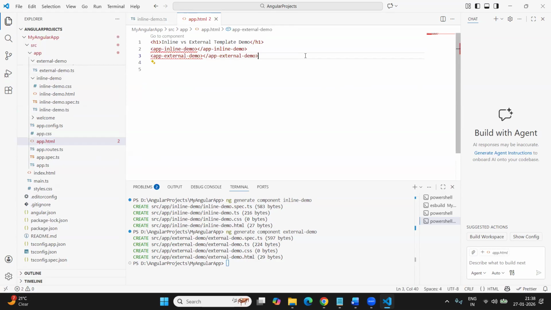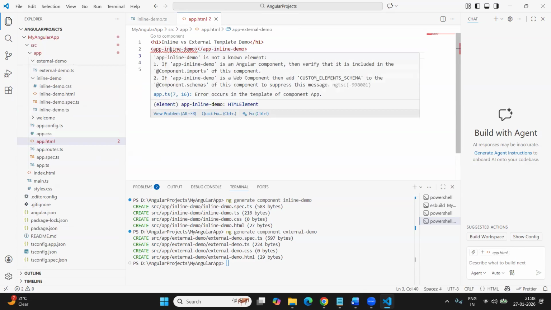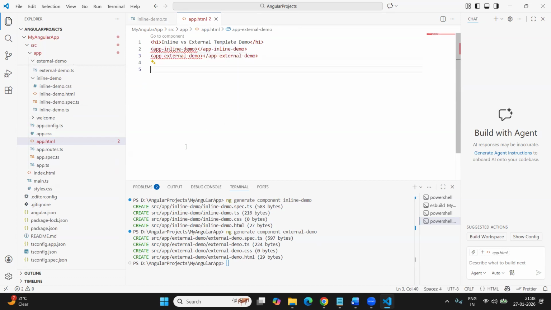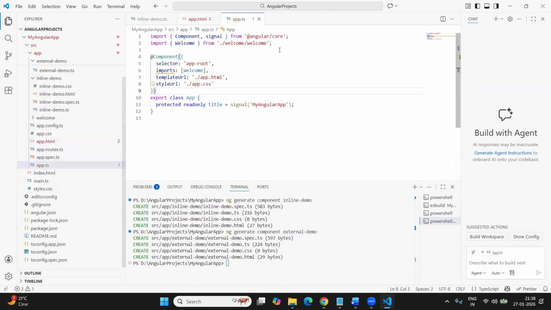I'm getting this error. How do we fix it? First of all, these selectors are not available. So we need to import the corresponding component classes within the imports section of the component decorator. Which file? The app.ts file. So within this app.ts file,